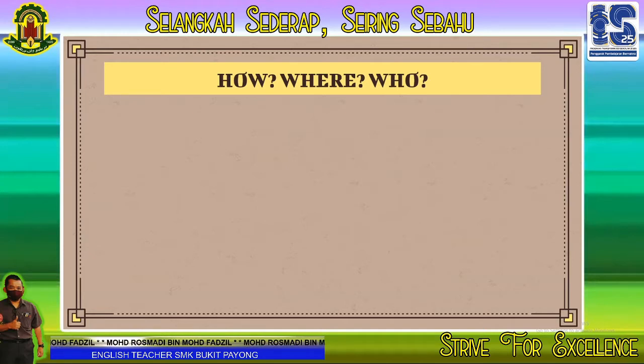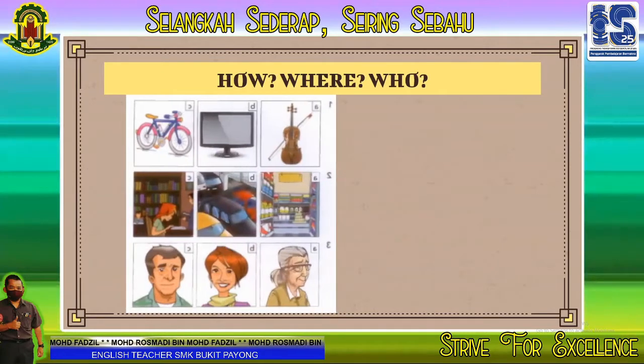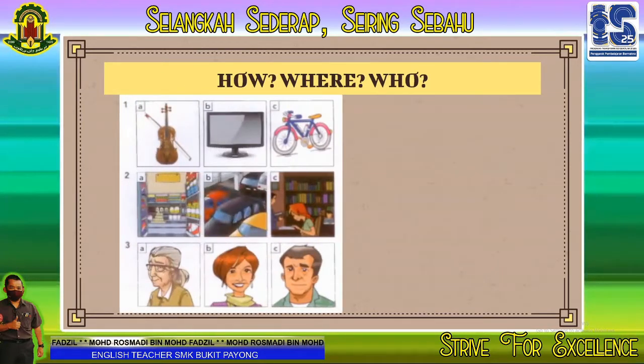Now let's look at the set of pictures in exercise A on page 10. These are the pictures. We have 1 A, B, C, and then 2 here, A, B, C. You can look at the laser pointer.